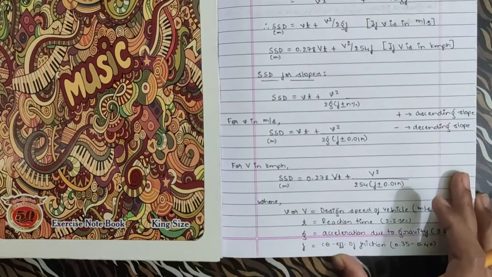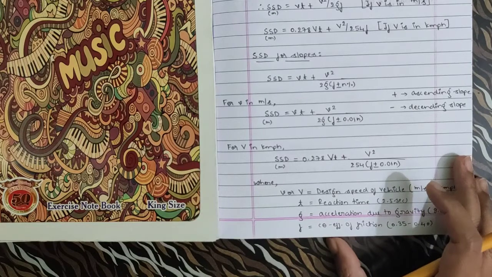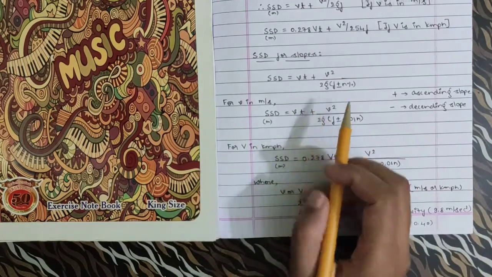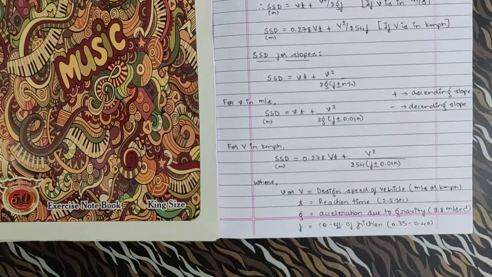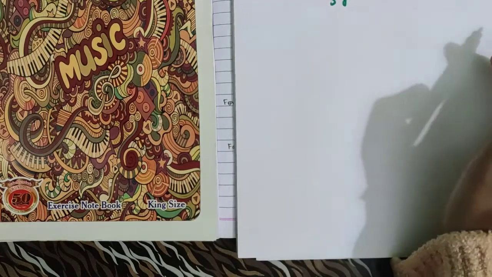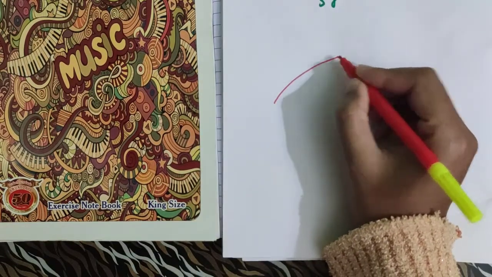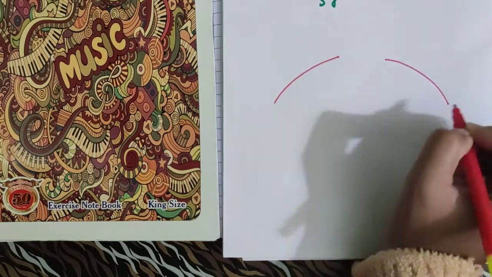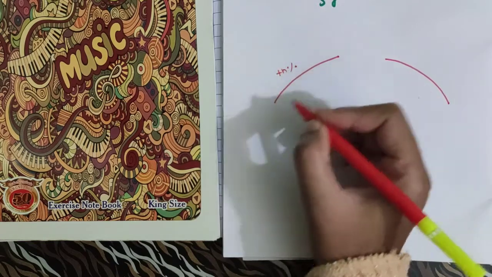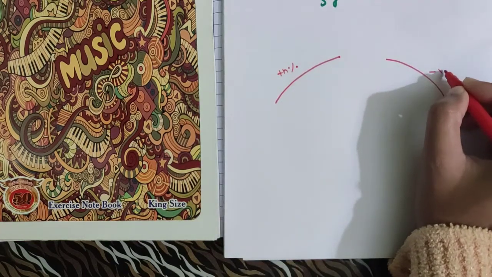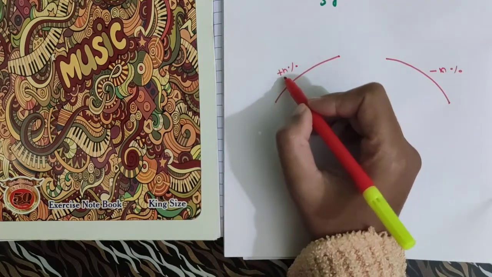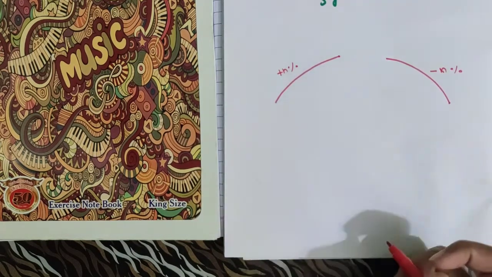So we shall see what the formula for stopping sight distance for slopes is. For slopes, the slope might be of two kinds. It might be ascending or descending, isn't it? The slope might be ascending like this or descending like this. If it is ascending, it is plus n percent. If it is descending, it is minus n percent. Gradient is given in terms of percentage, n%.